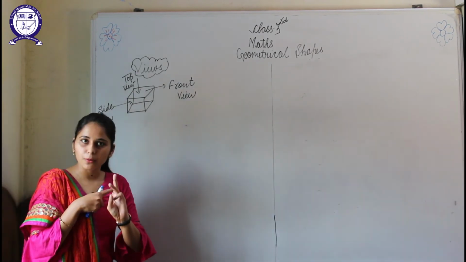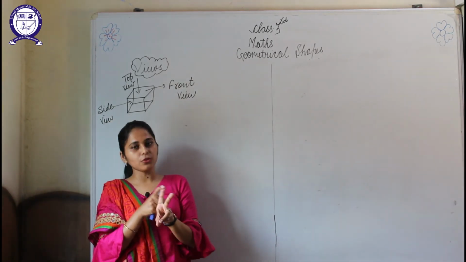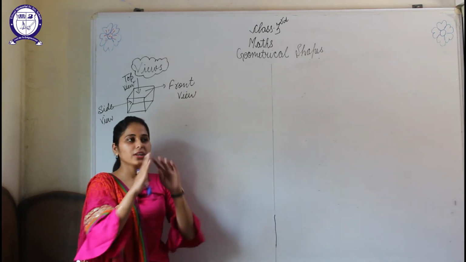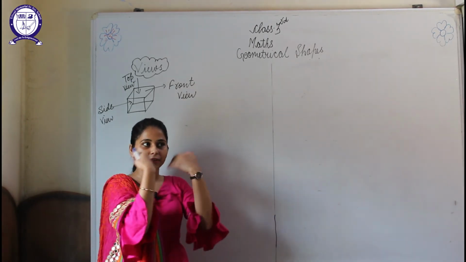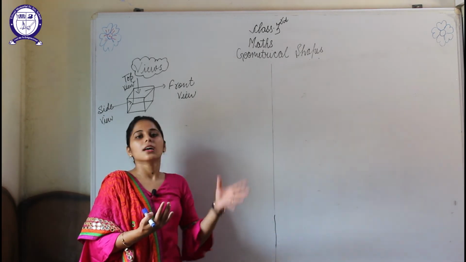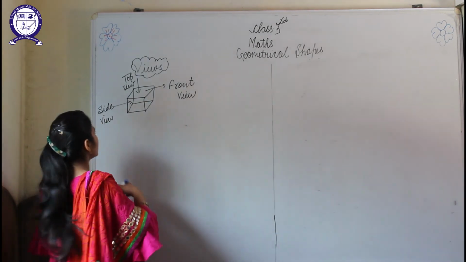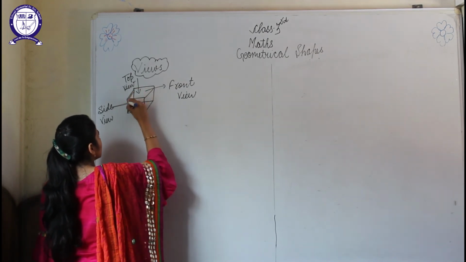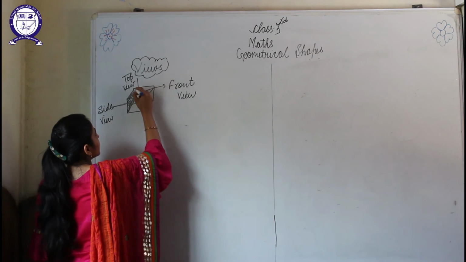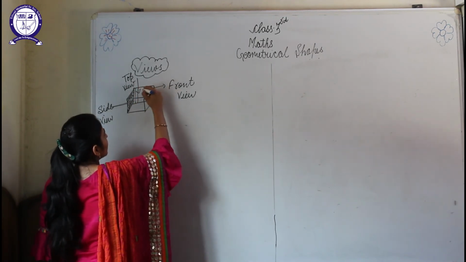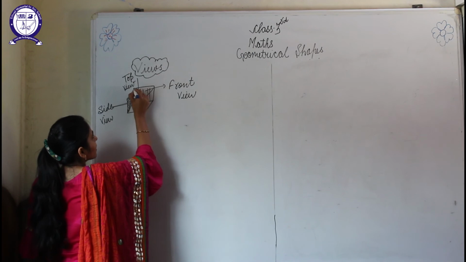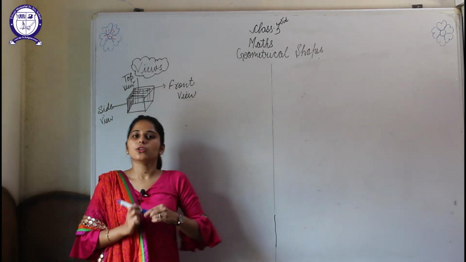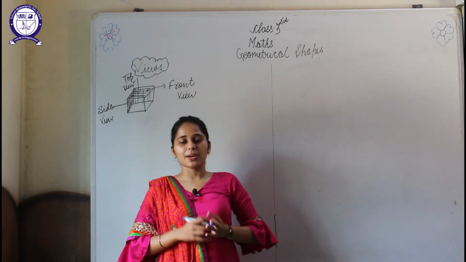When we are looking at a thing from the top of it, that is known as top view, and when we are looking at a thing from its side, that is side view, students. And when a thing is present in front of us and that view is visible to us, that is the front view, students. Now in this also, this is the side view, this one, and this view is the front view, students, this, and above this, because we are looking at the top of it, that view will be the top view. So students, this was about geometrical shapes of our third class.